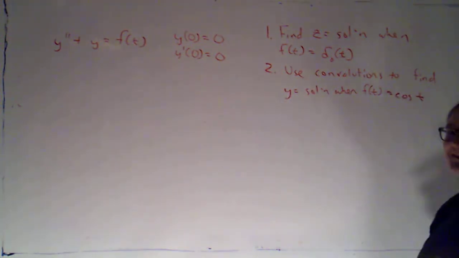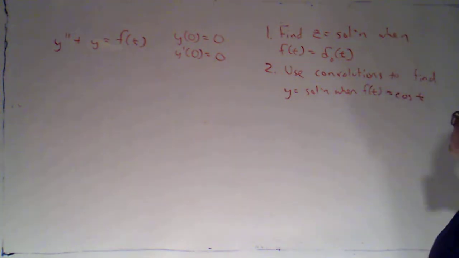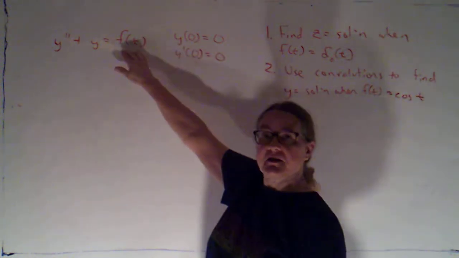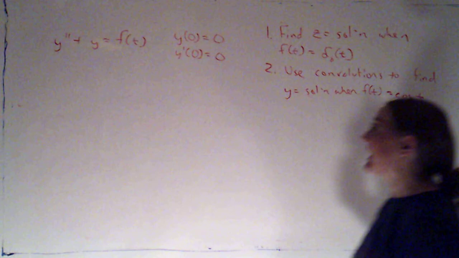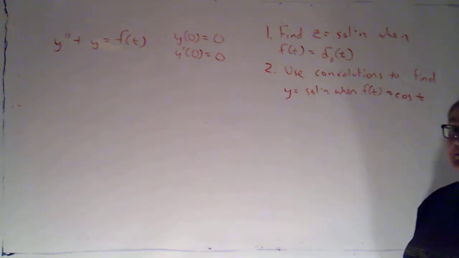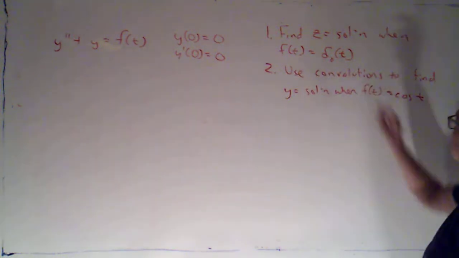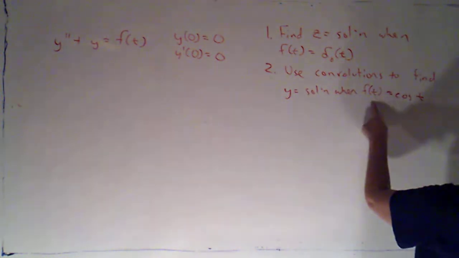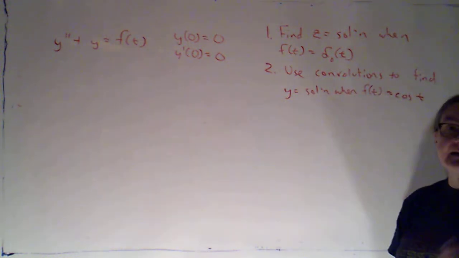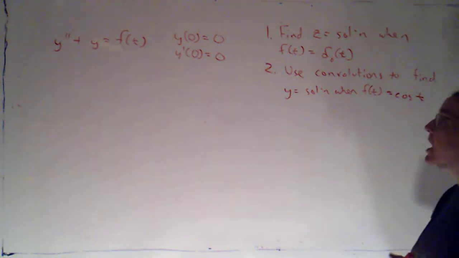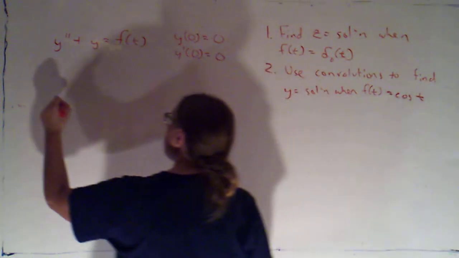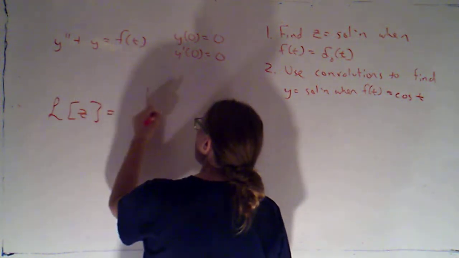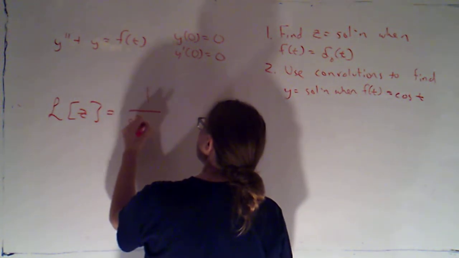We're going to solve this using convolutions. So step 1, we're going to find z, which will be the solution if my forcing function is the Dirac delta function at 0. So impulse forcing at 0. And then we're going to use convolutions to find y, which is the solution if the forcing function is cosine of t instead. Okay. So what I know is that the Laplace transform of z is 1 over s squared